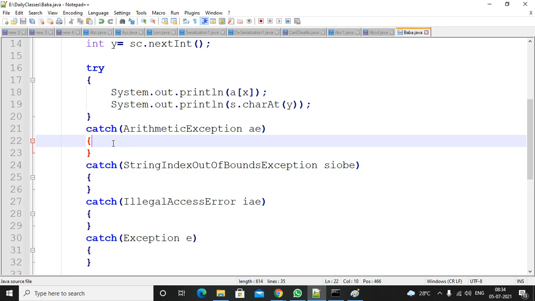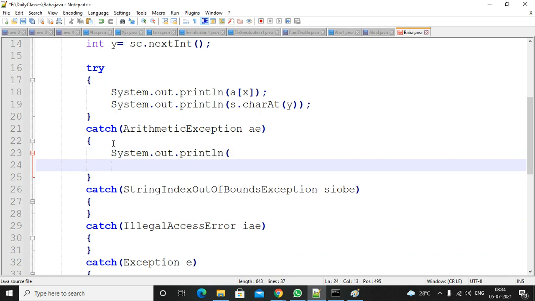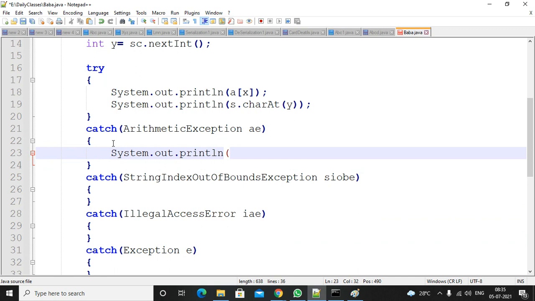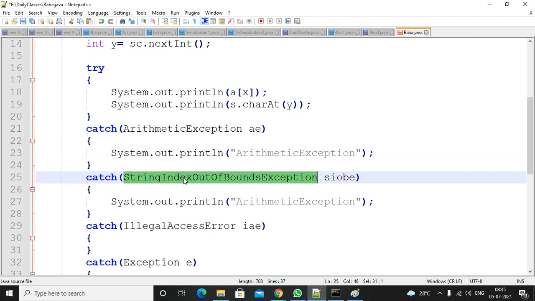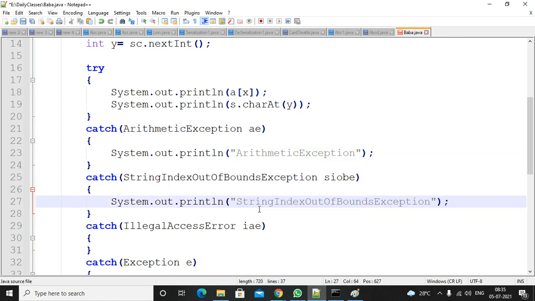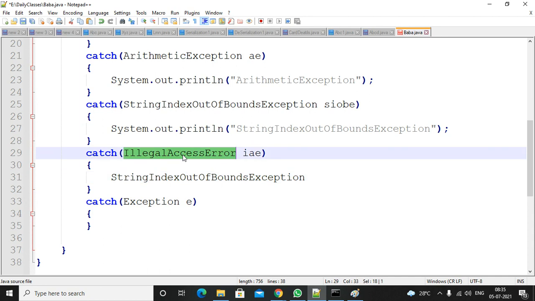In this, you can write. I'm not writing everything, I'm just adding the arithmetic exception. Right here, I will add the string out of bound exception. Here I will add whatever the exception is there.